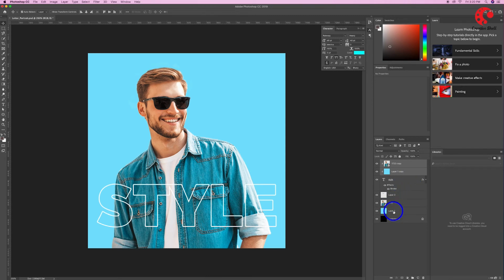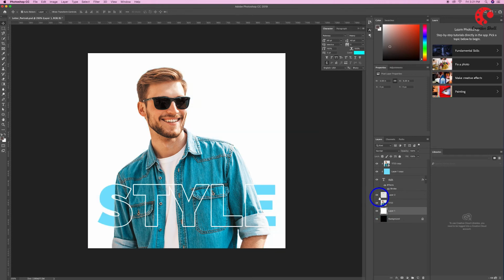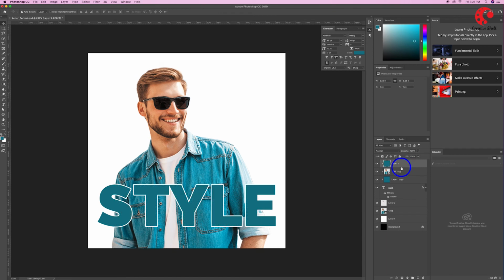This procedure is called masking in Photoshop. Let's change the background color of the first layer. You can see that the text and the background are separated. The font is not visible properly, so let's change the color of the font. You can use the eyedropper tool and pick the color from the shirt that the man is wearing. Create another layer with the same color and clip mask it to the font. We'll have to make this layer a little transparent so that his shirt pattern will be visible through the font.